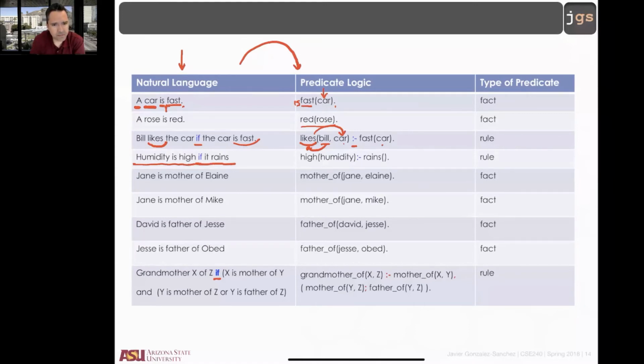The next one. Hopefully you can follow me, with is high as the action. What are we talking about? Humidity. We can be talking about people. We can be talking about objects, or we can be talking about intangible things. It doesn't matter. They are the parameter. And before them, the relationship, an action, a predicate. Humidity is high if